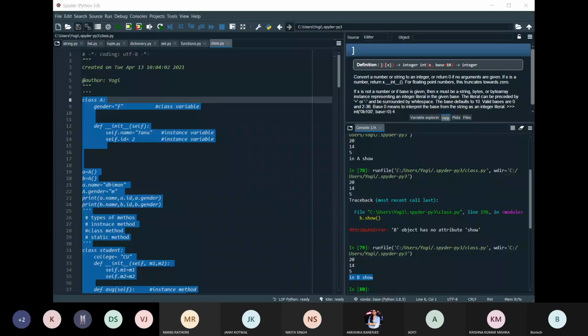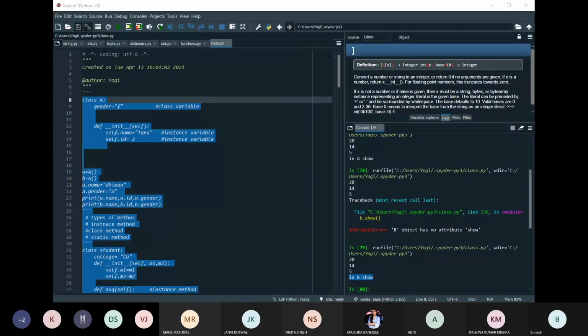Now we are left with one last concept, that is file handling. You have already done the file handling concept in the C language also, the last topic we can say.